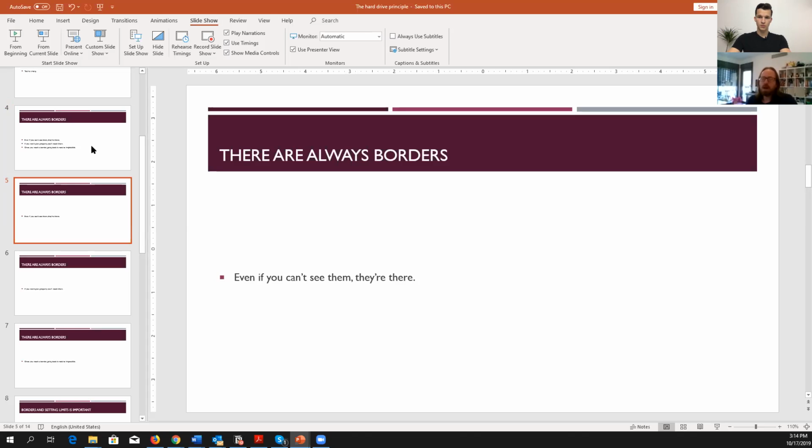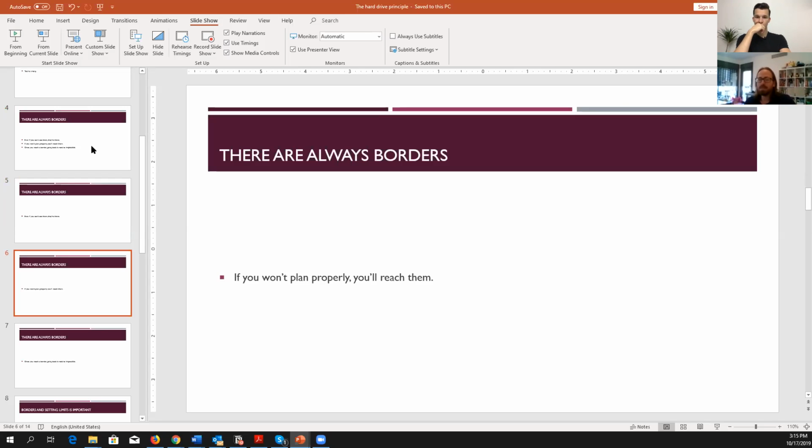Now, as I said before, there are always borders, even if you don't see them. Before you start a project, you don't know a client. You need to check within your team, are you able to deliver what the client wants? If it's a recurring project over time, of course, you will get better in it and in estimating it properly and defining the deliverables and making your client happy. But a lot of times, what one client perceives as an e-commerce project is not what another client perceives as an e-commerce project, which creates a lot of mess in the way, and you want to just avoid that mess.